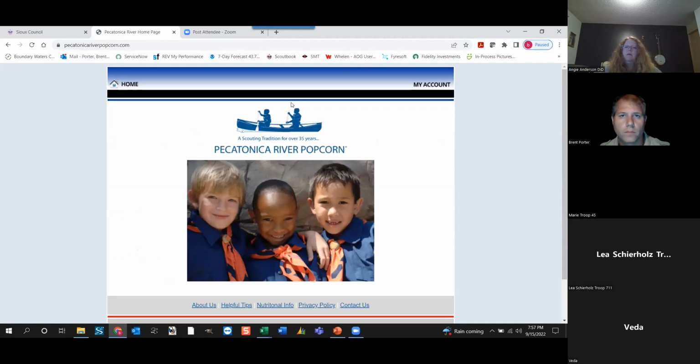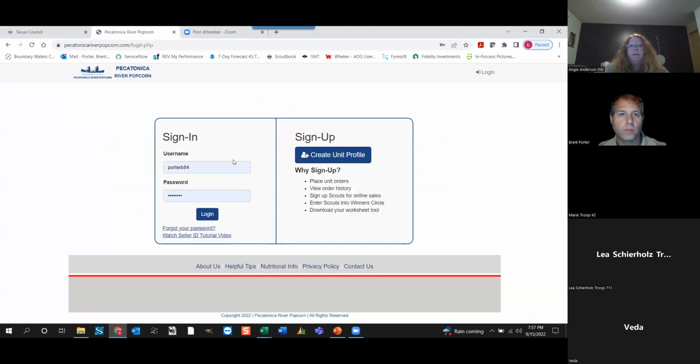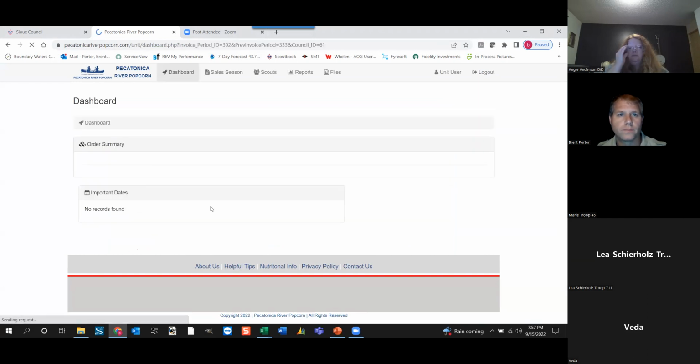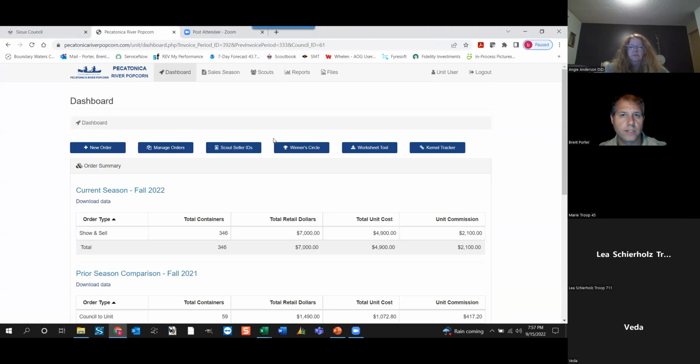Andrew, are you able to see my login screen? Yes. Okay. So when you log in, everybody should have a login at this point. When you get logged in, your screen is going to look something similar to this.